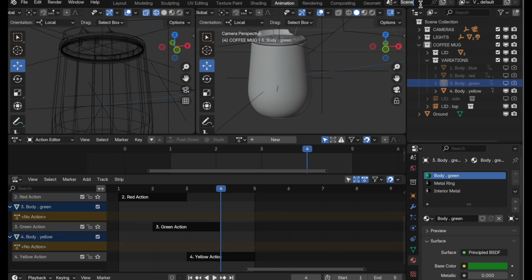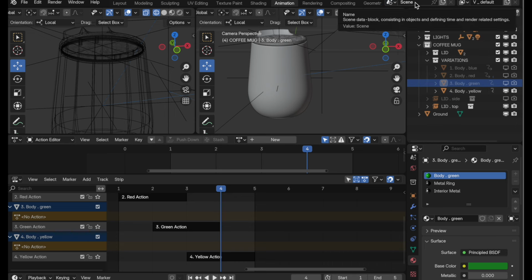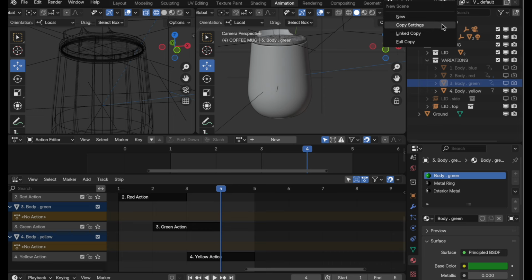So let's come up to the top here. We currently have one scene, which is basically an arrangement and setting of all of our objects. So we're going to come up here and we're going to call this 1 lid on top. Okay, then we come over and we click this little icon and we're going to do a full copy of